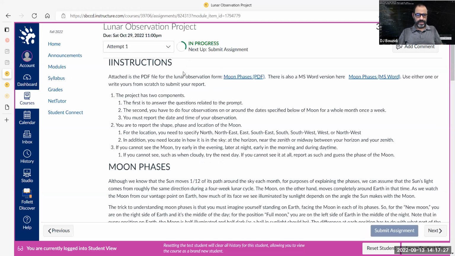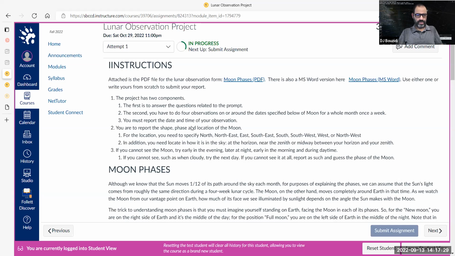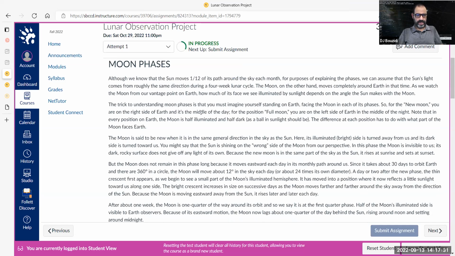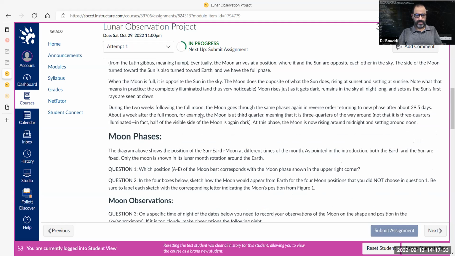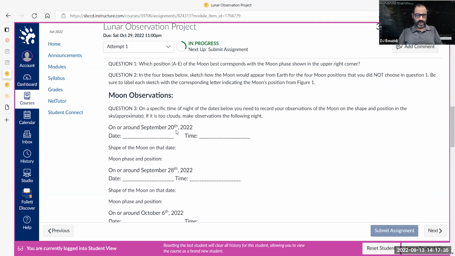So let me click on it to show you what I'm talking about. It has the instructions, what you have to do. It also has a little bit of background information about the moon phases. And this is what I'm talking about: on September 20th, which is Tuesday, a week from today,